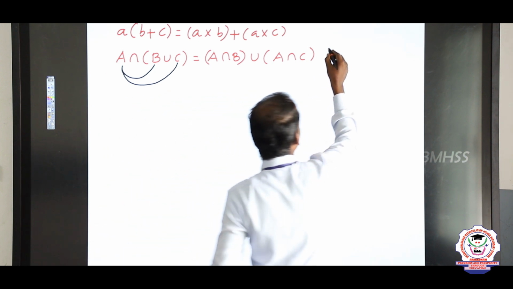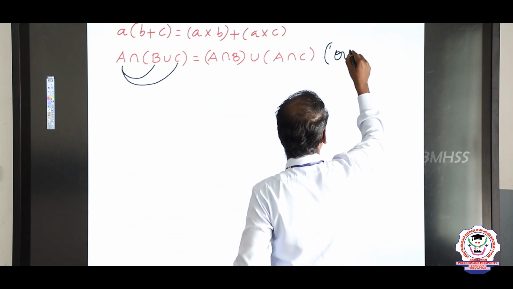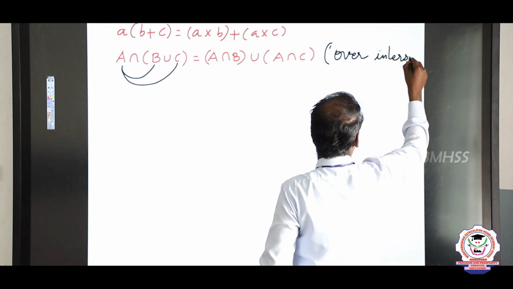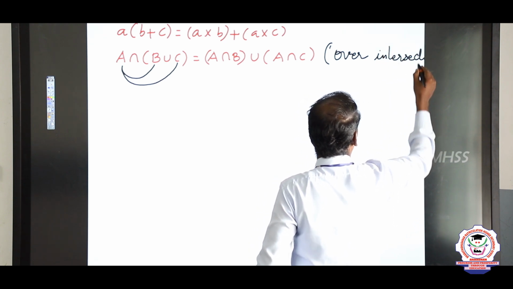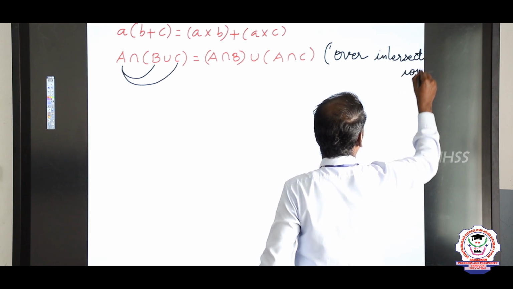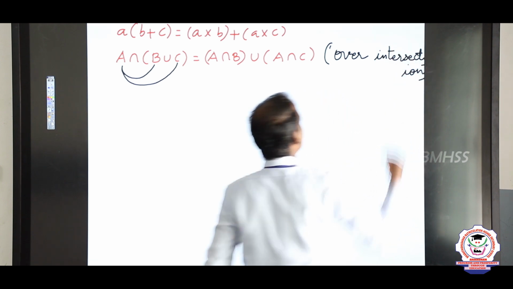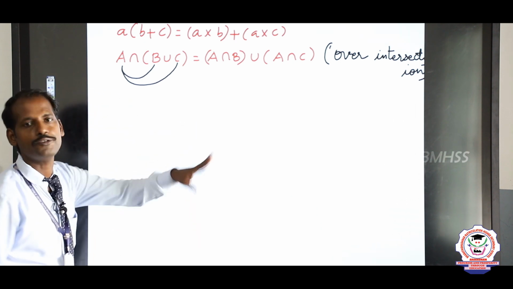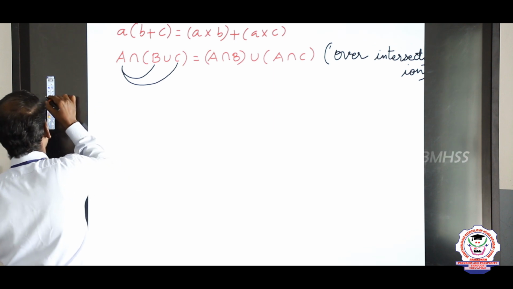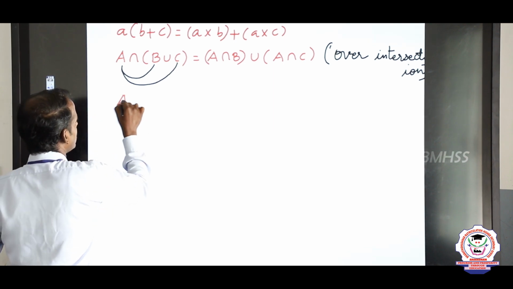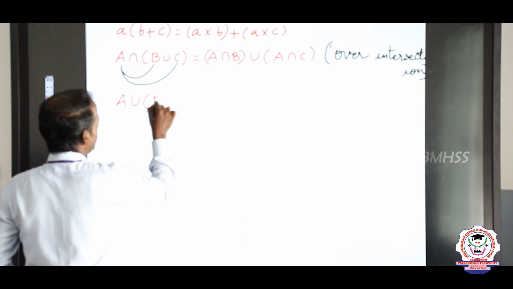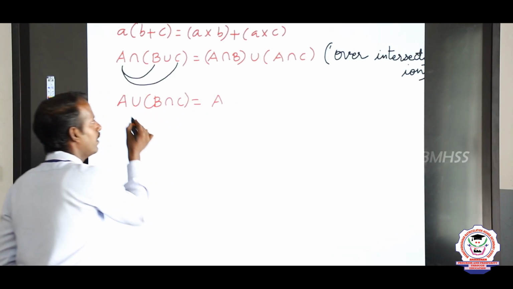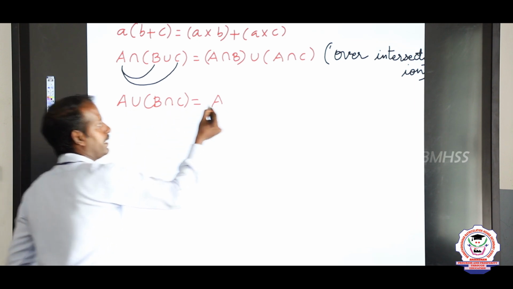Here distributive property over intersection. So here second union part. So over union, how to find the second distributive property? A union B intersection C is equal to A union B